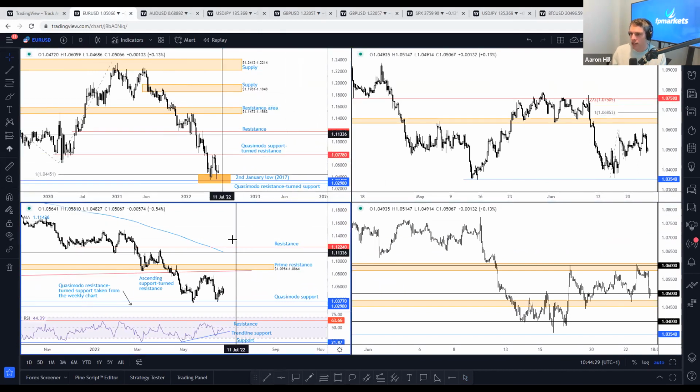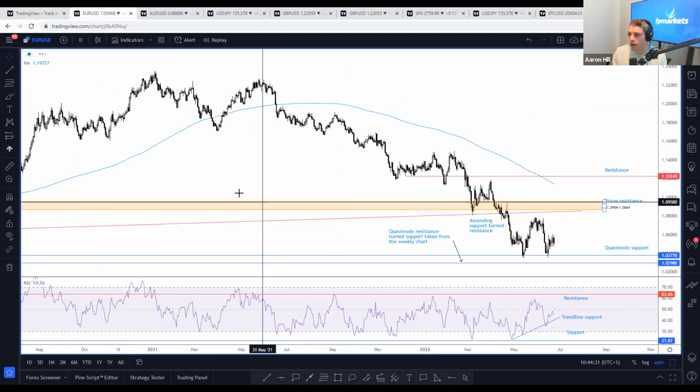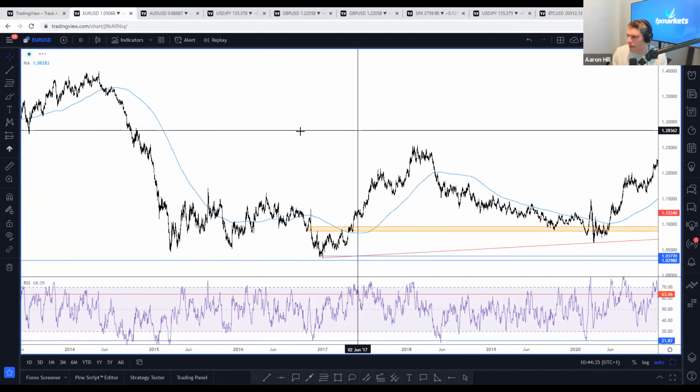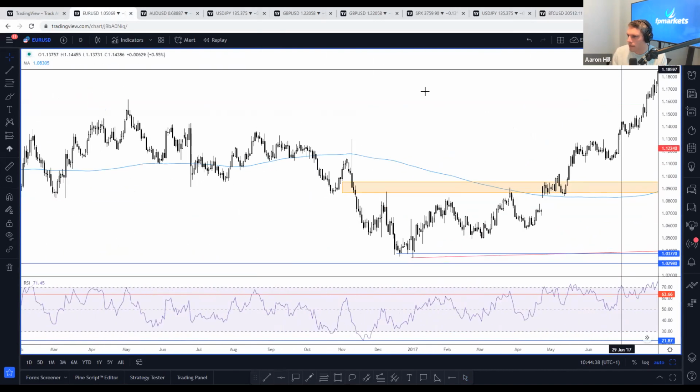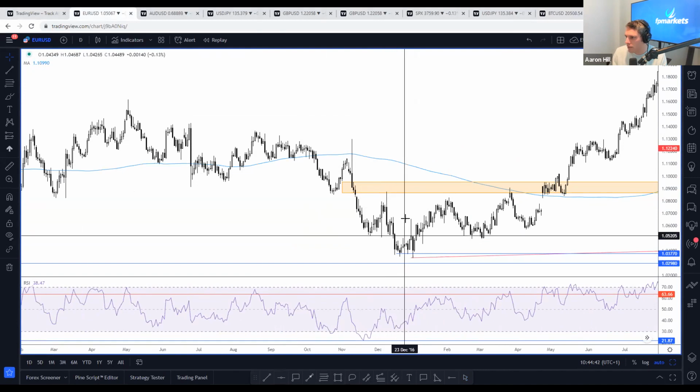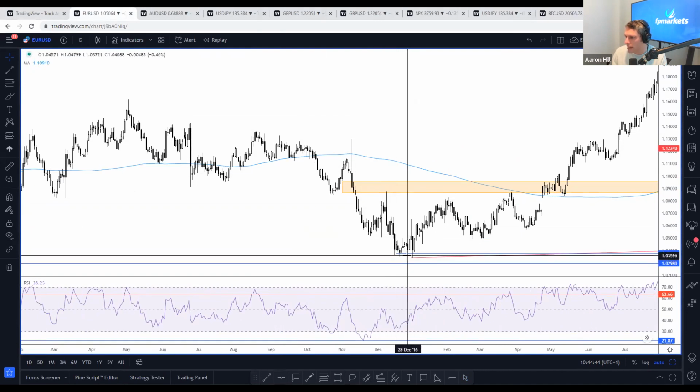Now, here we have the euro dollar. I hope you can see this chart, guys. This is more of a basic pattern. As you can see here, I'm going to start over to the left. This is the daily time frame. Look at this. So we have a bearish move lower. We have the low at this point here.